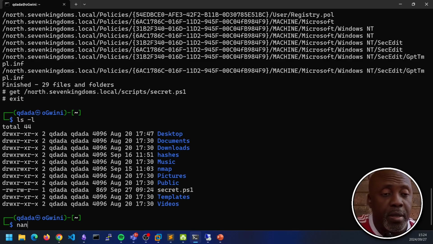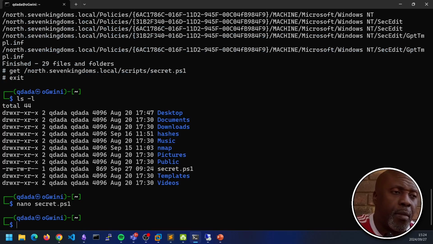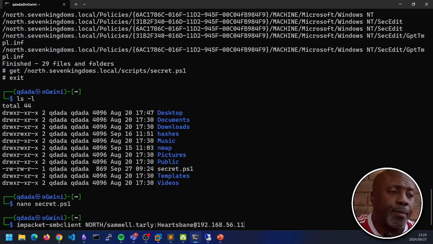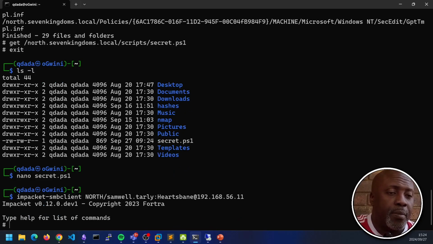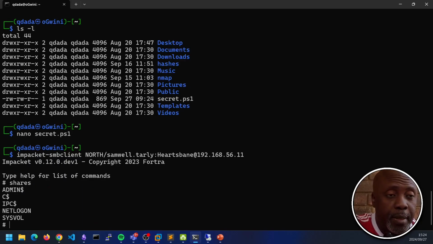What is in secret? I'm going to use nano, or you can even cat it if you want. And there's nothing there. So my guess was not correct. So we go back. I did make an error. That's not the file I had intended. But it's good because now it gives us a chance for me to go look for the file that I wanted originally.